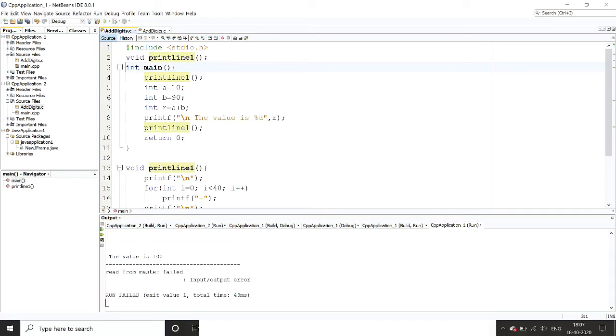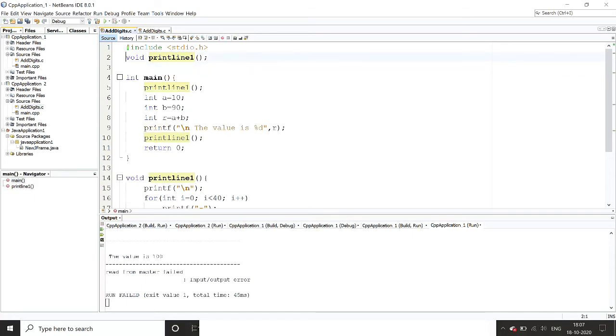So always remember, if you are defining a function before calling it, that means if you are calling it here and you define it here, then no problem. But if you are defining it after calling it, then it's better to declare the function here like this. Declare normally happens just after the header lines or outside the main. Sometimes we also call this a function prototype. Maybe you have also heard this term, function prototype. Function prototype and function declaration are the same thing. You have to declare it.